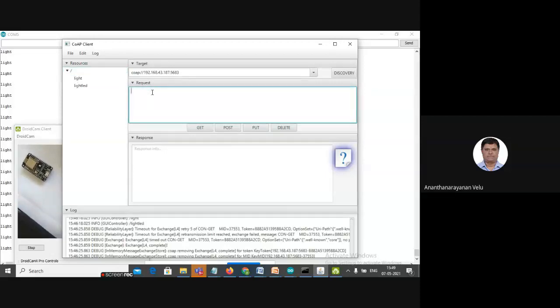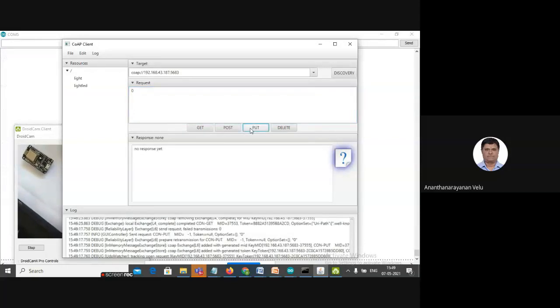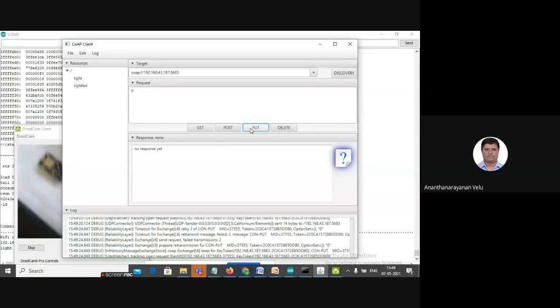I can give a digital input like 0, and if I click the put button, you can see in the bottom side some actions are going on.